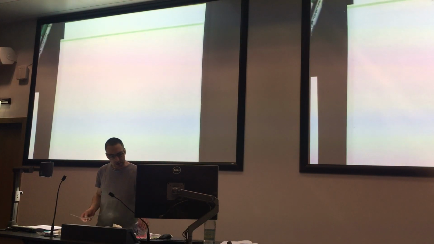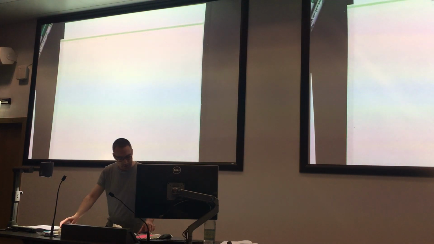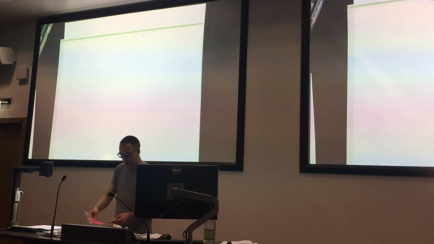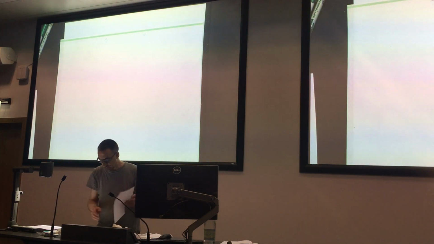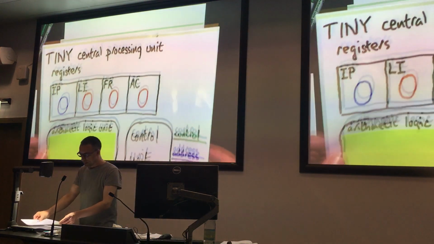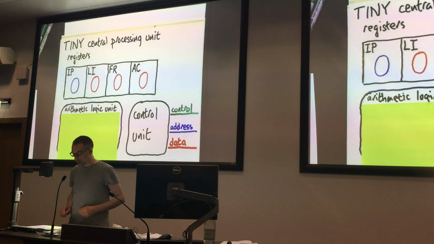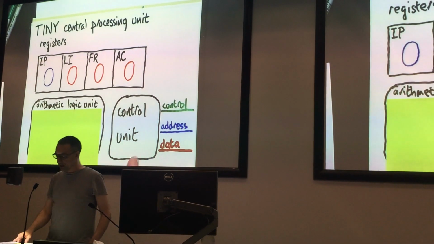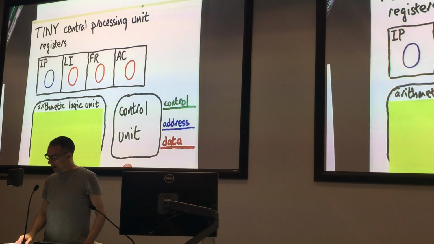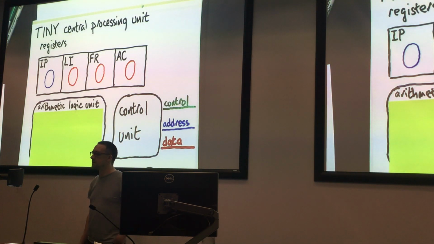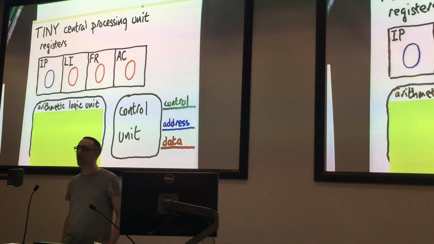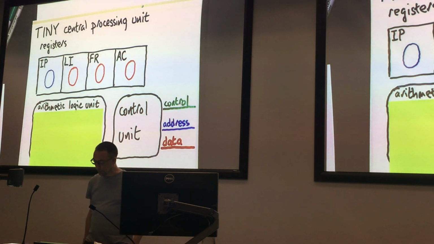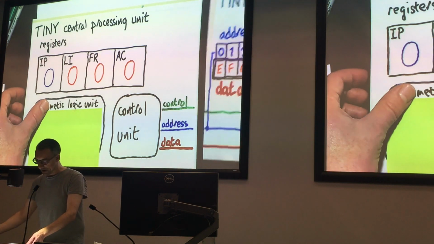So the tiny machine is a perfectly typical von Neumann architecture. It's got a central processing unit with 4 registers in it. It's got a control unit, and it's got an arithmetic logic unit, which is a little piece of paper that I'll be able to do some calculations on. It's also got buses that connect to